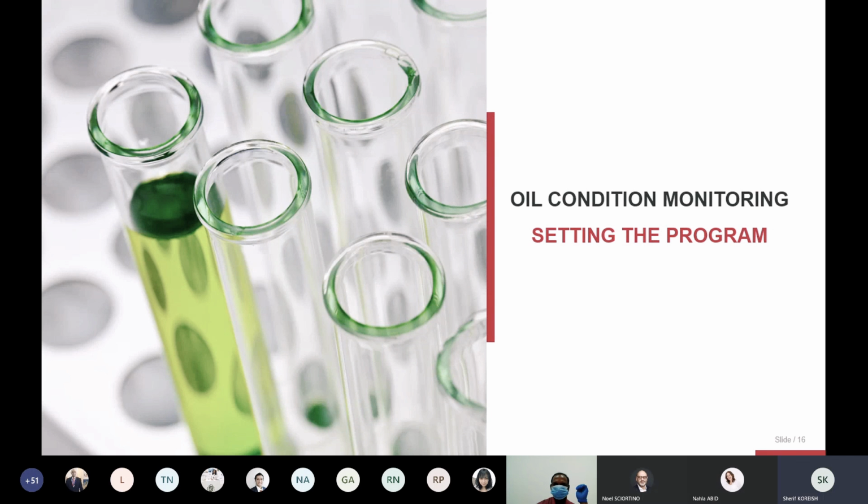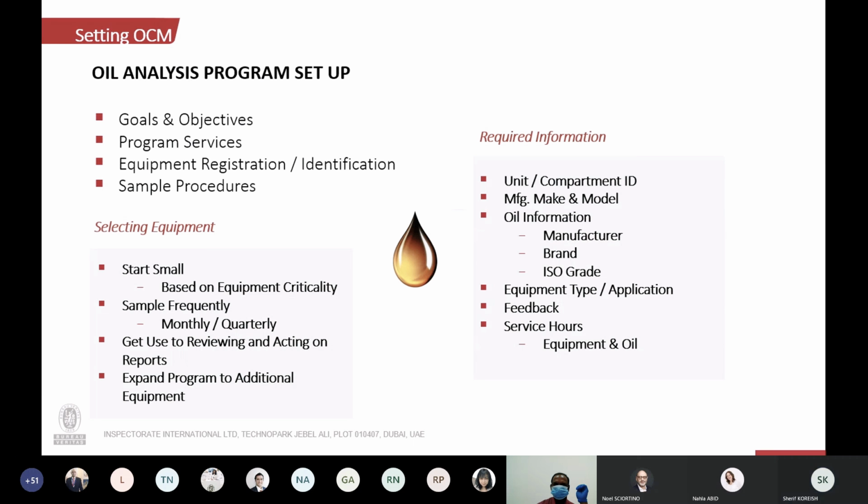So how can we set up a program? The initial step in setting up the program is having our goals and objectives clear, meaning what do we want from this particular program? Do we want just to have a plan to have regular checks on the equipment, or we want to save costs, or we want to maintain the equipment for a longer period of time and avoid downtimes and stuff like that? Then we decide on the program services, and once you agree on a program like this, BV will go through with you in order to help you set up such a program